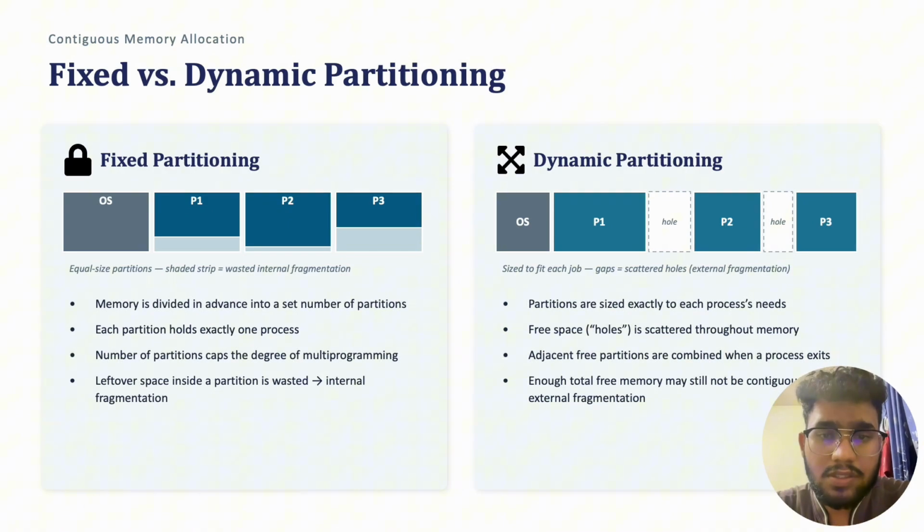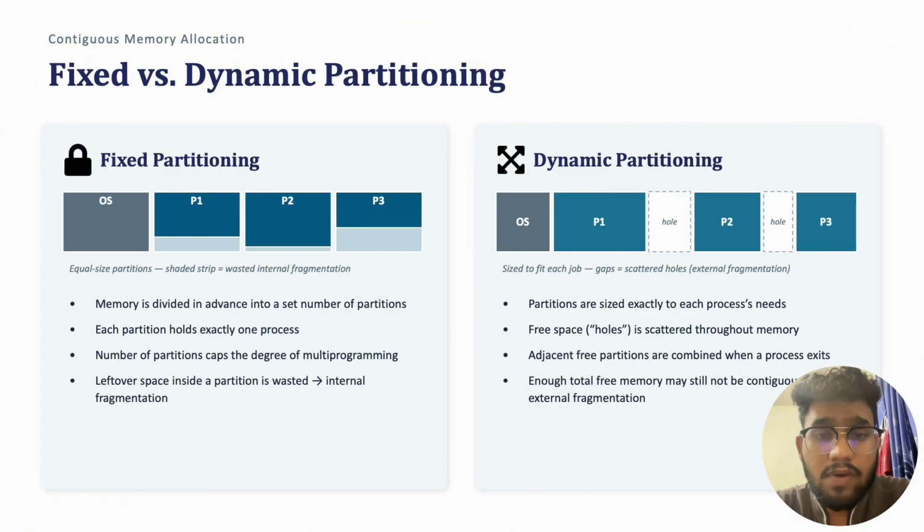Dynamic or variable partitioning fixes this by allocating memory in the exact size a process needs. As processes come and go, memory gets carved into holes, or blocks of free space, scattered throughout. This avoids internal fragmentation but creates a new problem: external fragmentation, where there is enough total free memory, just not in a contiguous block big enough for a